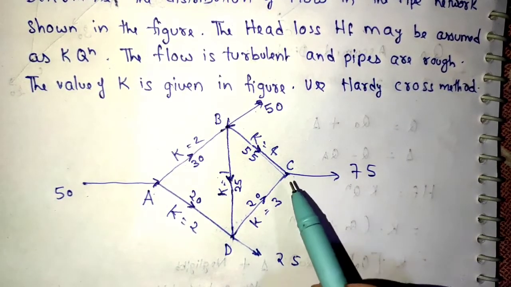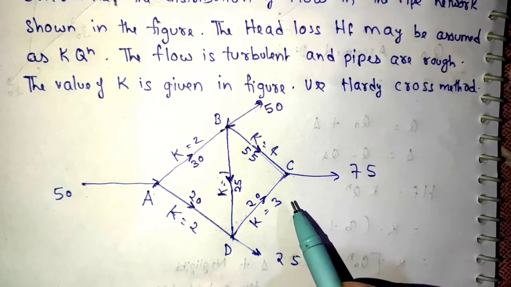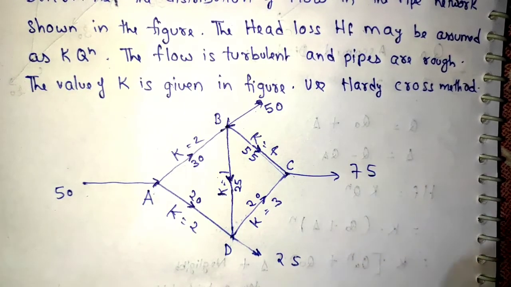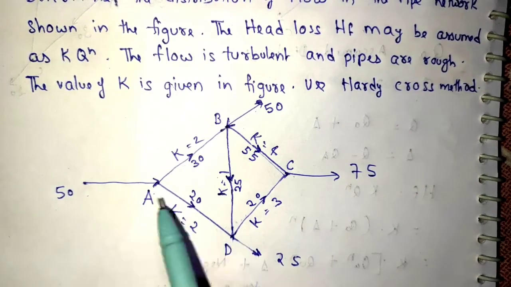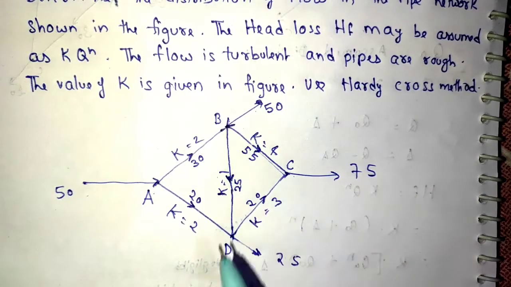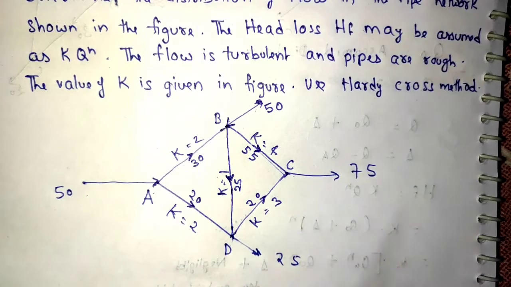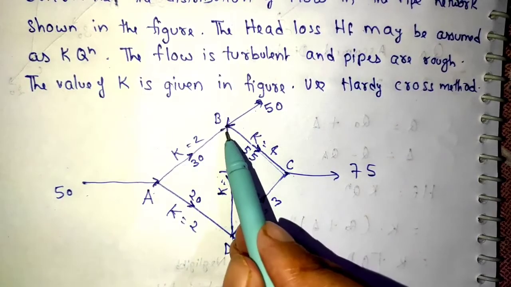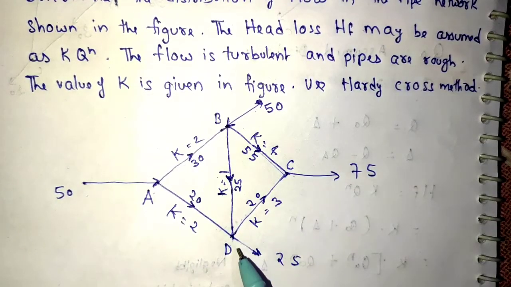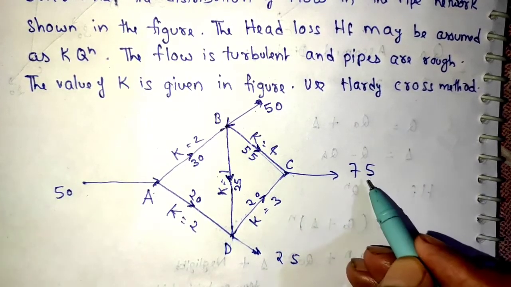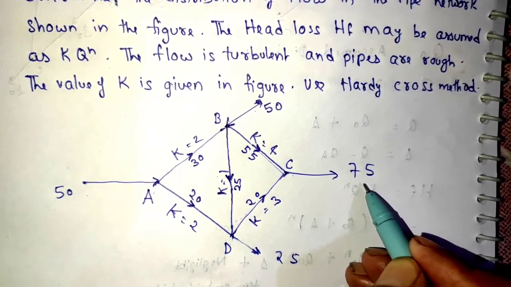Now we have the value of the assumed discharges for all networks, but we have not calculated the amount of water which is leaving C. We calculated for node B, and we calculated for node D. We did not calculate for node C, right? But even if we have not calculated it, 55 is coming from the direction of B and 20 is coming from the direction of D. 55 plus 20, we are left with 75. This is the exact amount which is leaving the system.